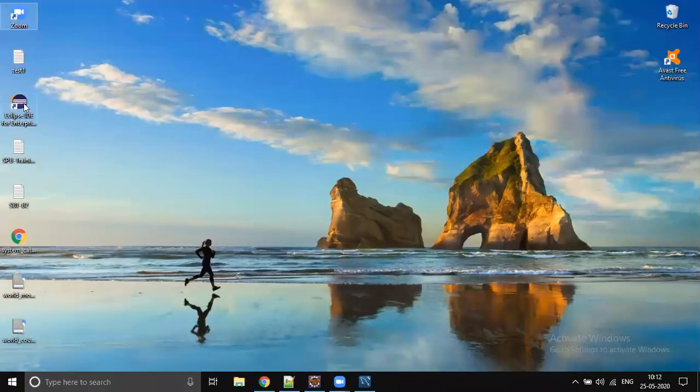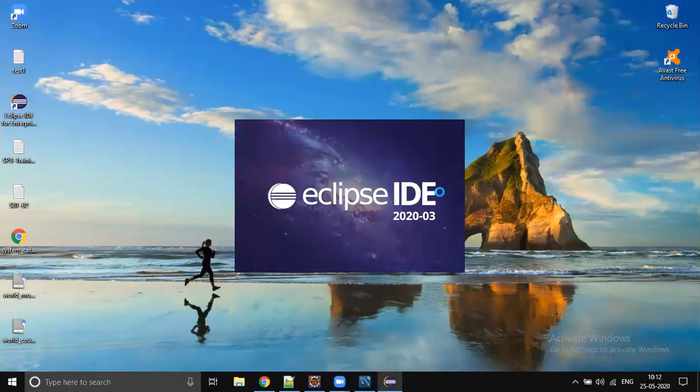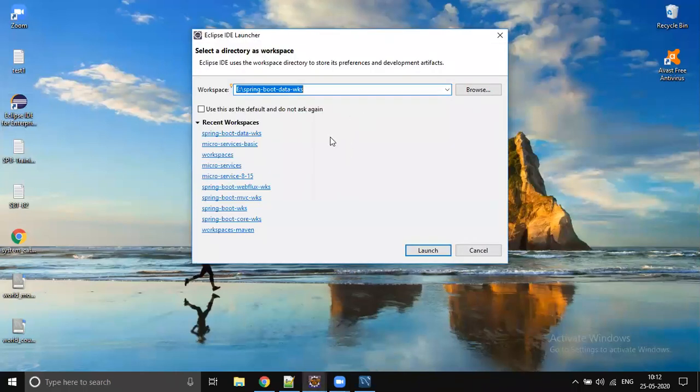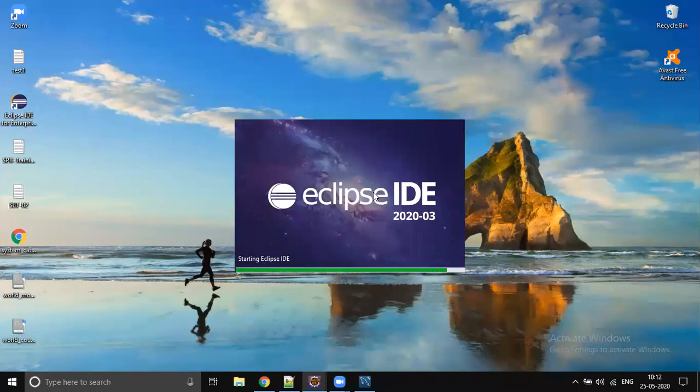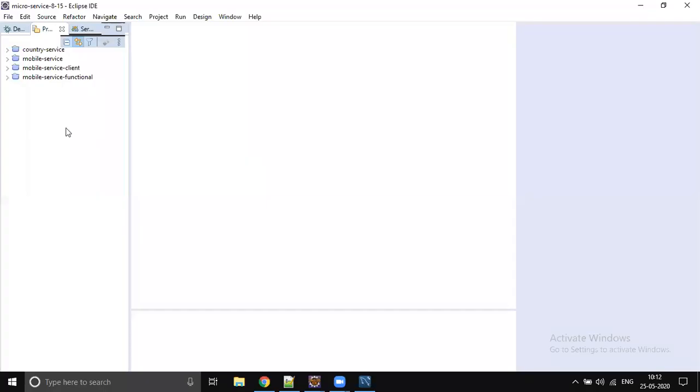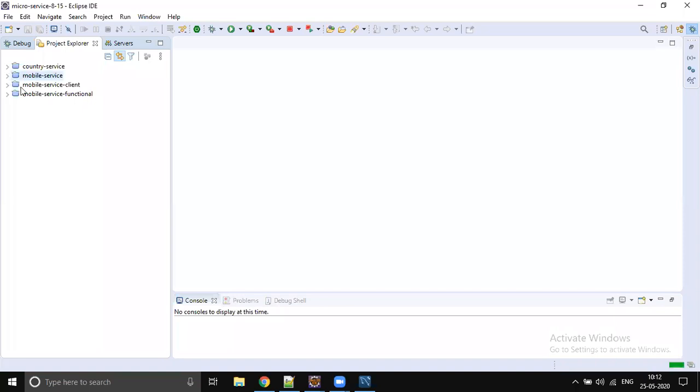Let me quickly open that. For now, I remember we hard coded the data in the service. That's what I remember from the last time when we wrote our mobile service. No data integrations, right? We did it for country service by using JDBC, but for mobile service we didn't do any database integration. To my knowledge, we are still getting the data from the mobile service, which is hard coded data. Let me open that. Yeah, let's go to the controller.